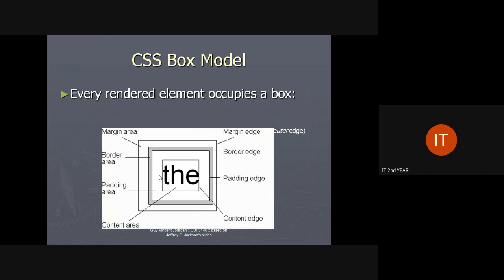Next we are going to see the CSS box model. In the normal flow, we have seen how the text is displayed in web pages. The same we are going to see somewhat deeper in the CSS box model. This is the content area, and the border of it is the content edge. The space outside is called the margin edge, the one in between is the padding edge, and this is the border edge, and this is the border area and padding area. For each one we can give different colors and identify how they are displayed.